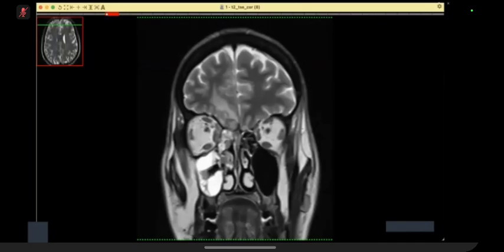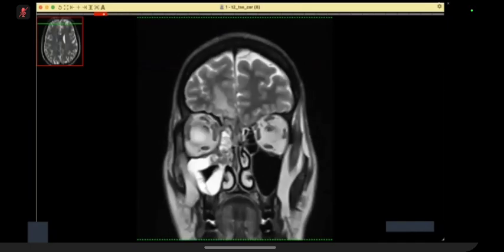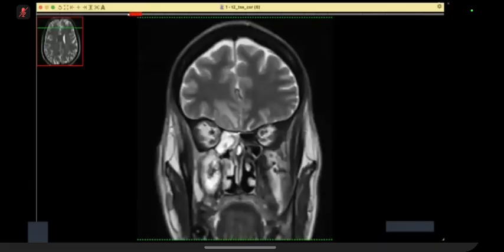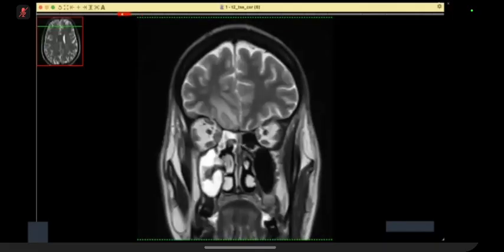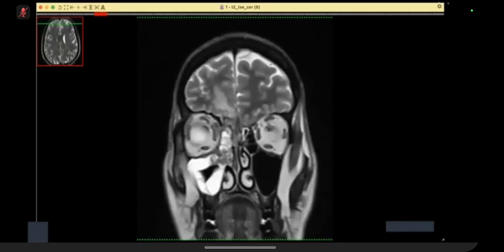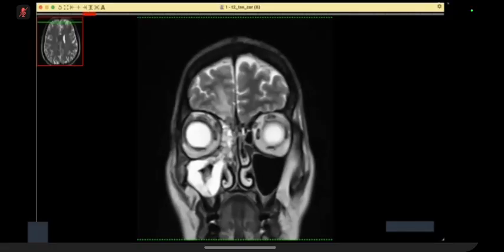Once more, I note the T2 hyperintense signal in the maxillary sinus, which looks cystic in nature, and a central low to intermediate intensity. I'll just concentrate on the right orbit now. When compared to the left, the signal overall is fairly heterogeneous, and